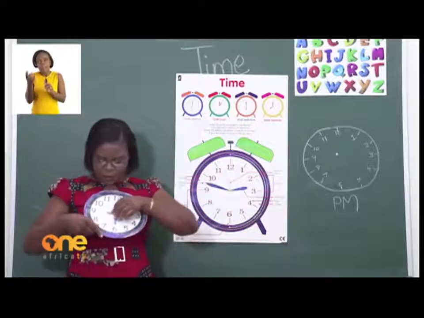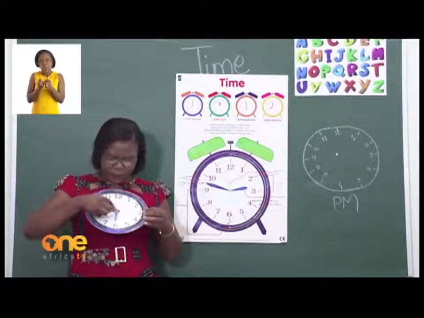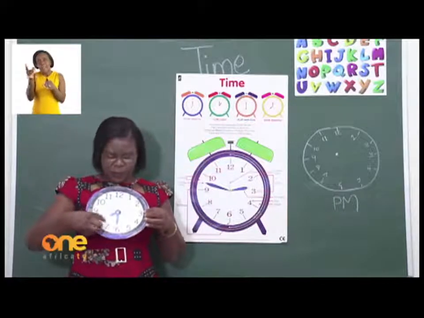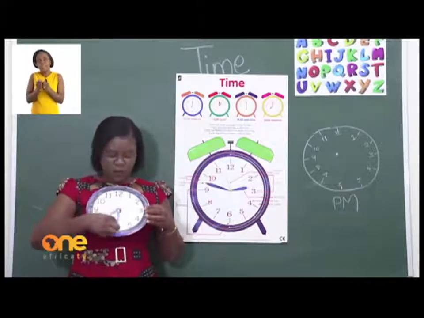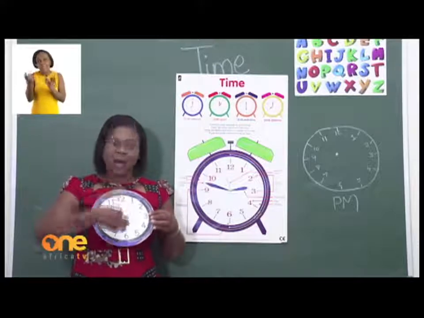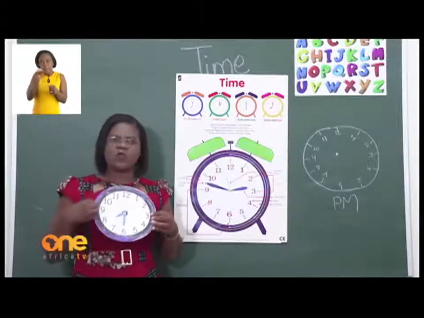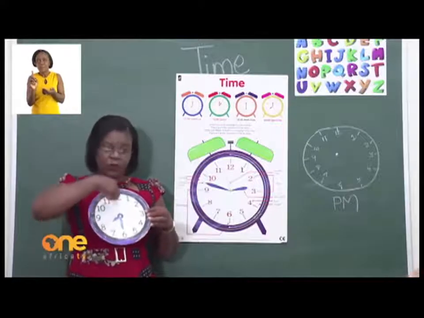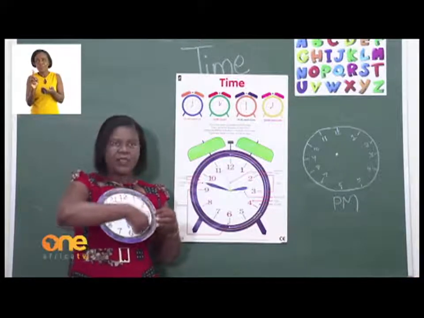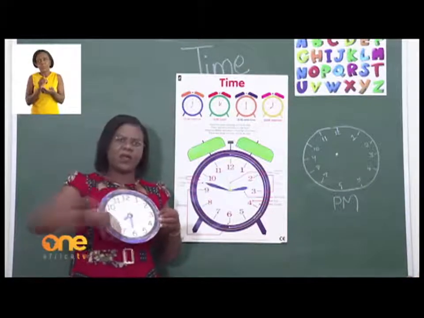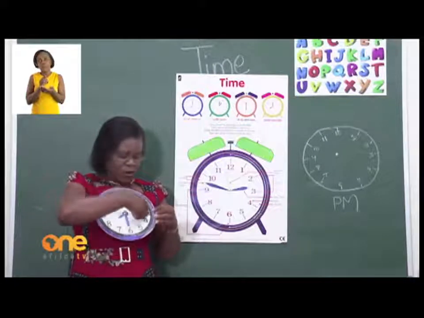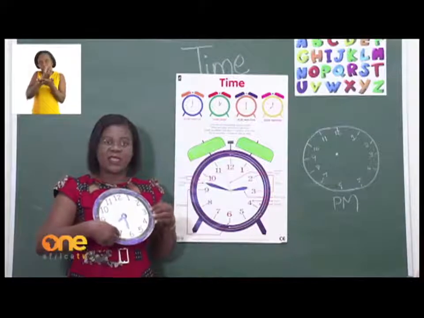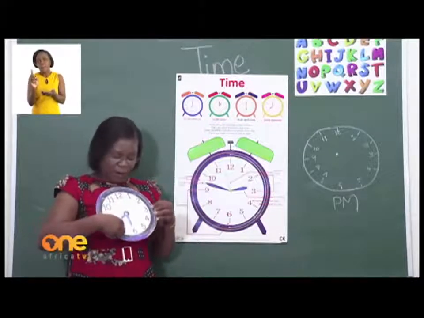And my short hand perhaps is between the 7 and the 8. Just between there. And the long one is at 6. Remember, it's half past. But half past what? So now we check. Remember the clock? It's moving from here in this way. It does not move backward. So we go that way. Meaning this time will be half past what? This will be half past